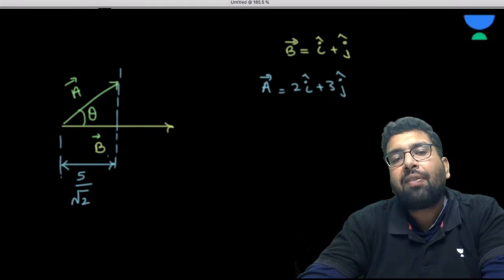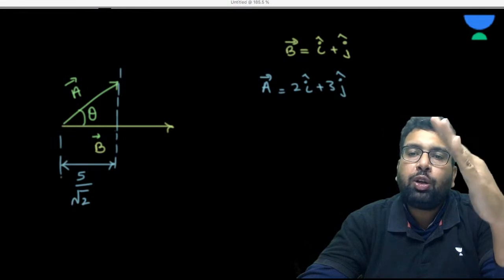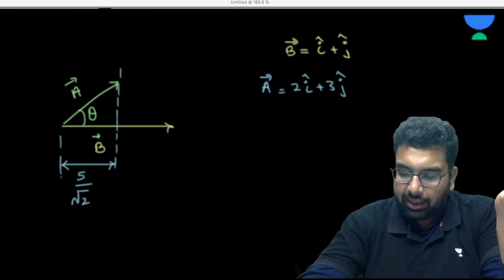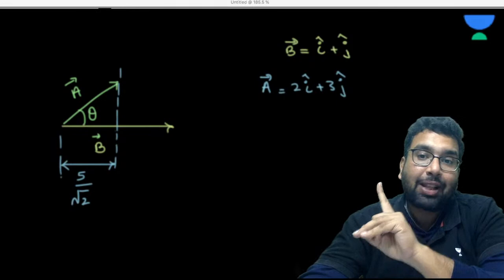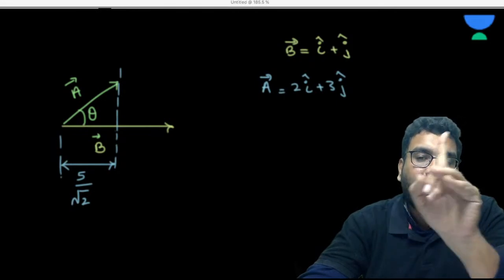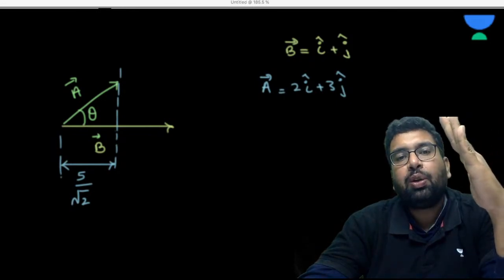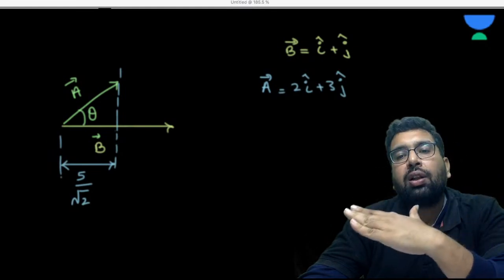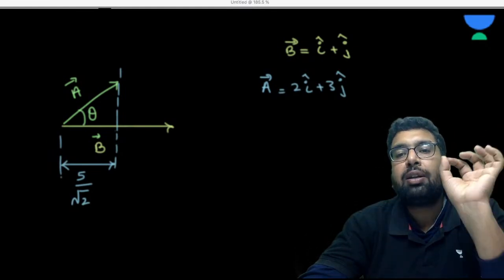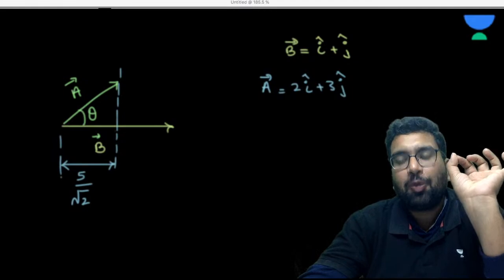But this must have some direction also, because our component of a vector is a vector only, isn't it? And vector has two things: magnitude and direction. Now, if I say that this component of this A vector along the B vector is a vector of magnitude 5 root 2,